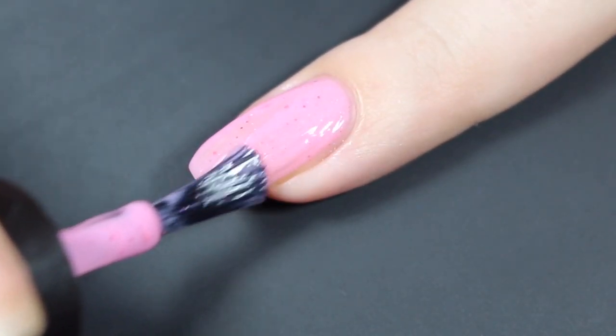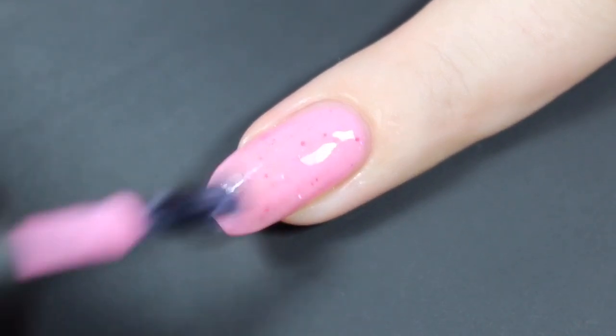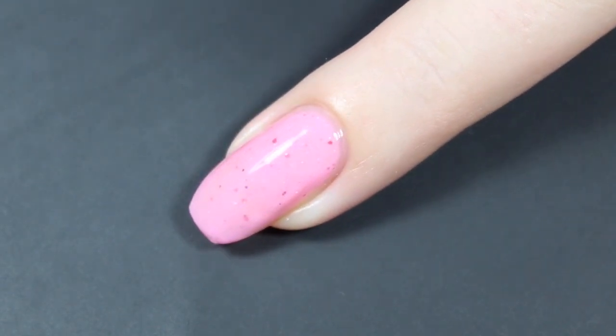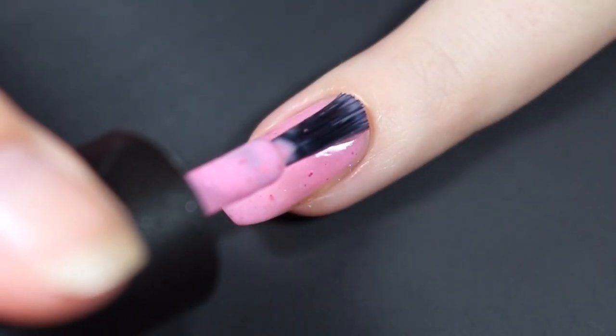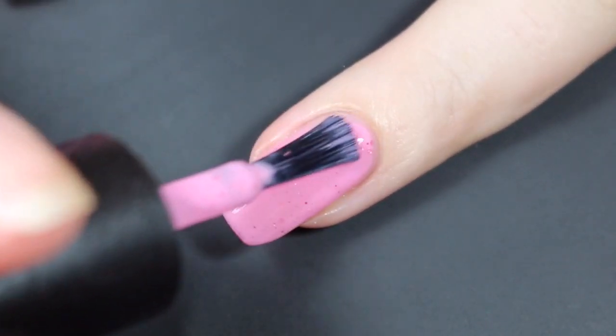I did go in a little bit thicker here, and that definitely helps build up the coverage and gives a ton more of those glitters. I do have very hard nail lines, so I did still have some visible nail line here. I'm going to go ahead and let it dry and then show you how it builds up for me with a third coat. So here's a look at that third and final coat, and this does pull this one completely